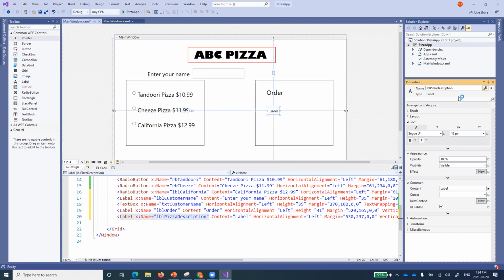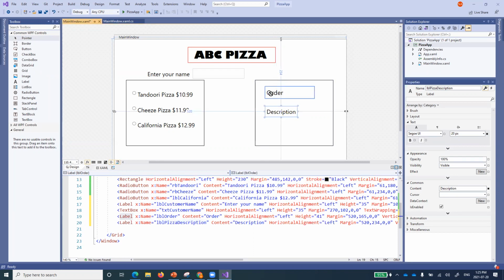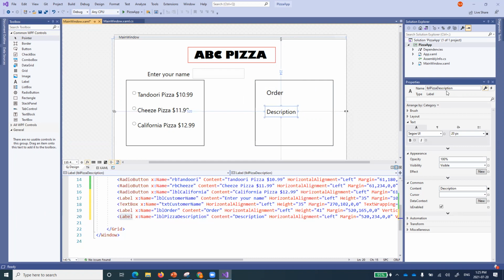Now change this font size to 20, and I can give it the content description, which we can change later on. So it's not LBL description, it's LBL pizza description.